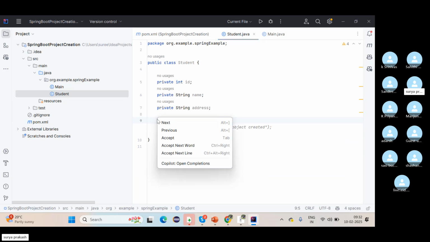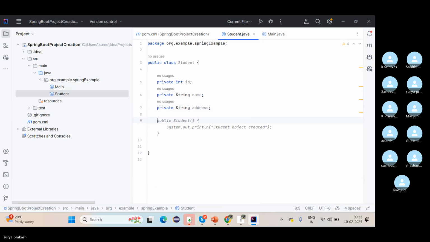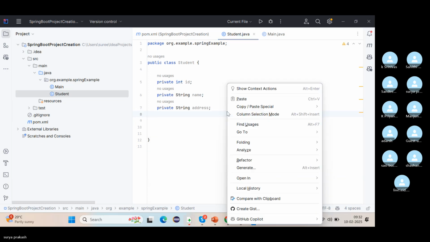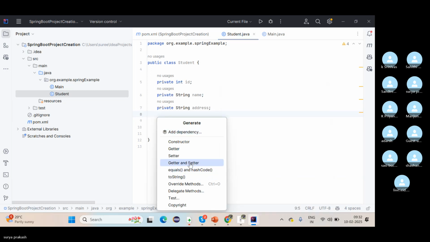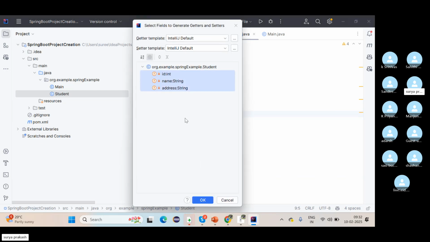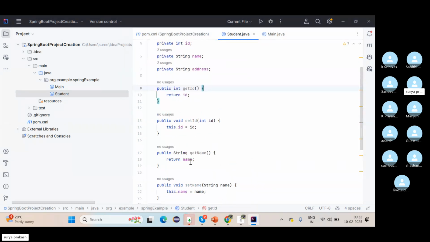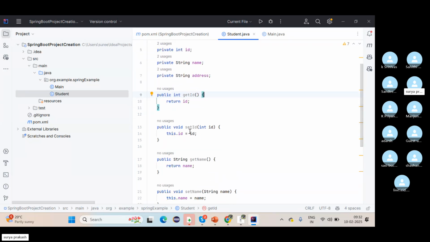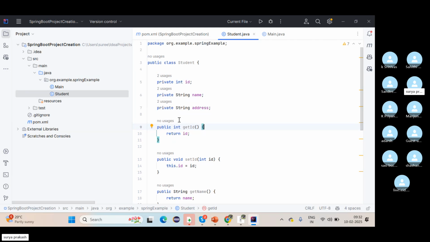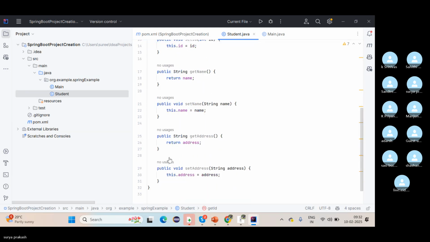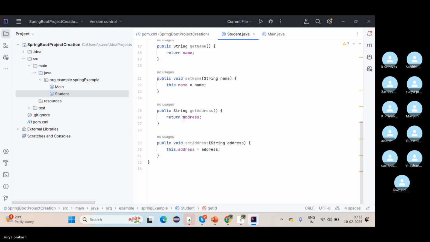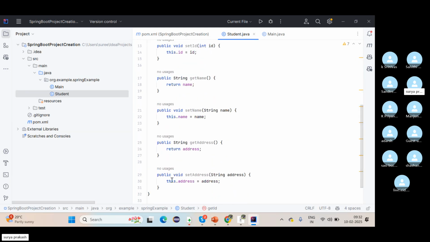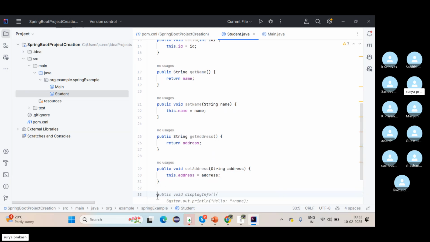Then here generate getters and setters, right? See, id, name, string. Here we created getters and setters. If you add these getters and setters manually, there may be a chance of increasing the code lines. So instead of manually adding these getters and setters,